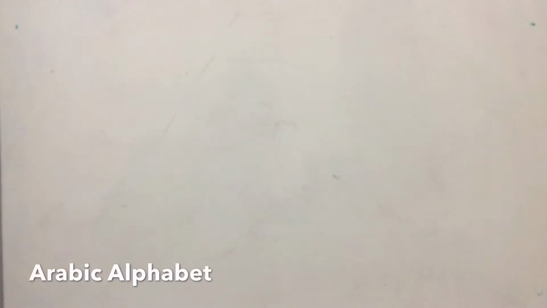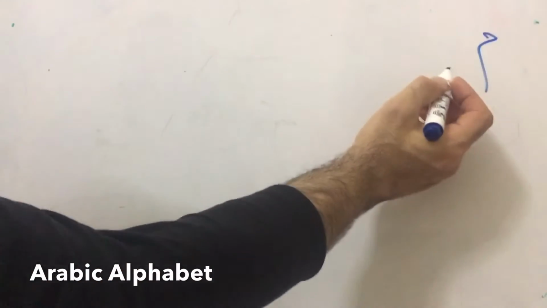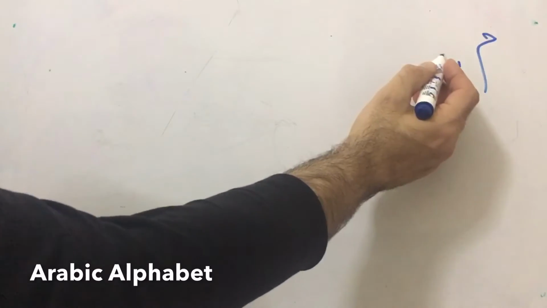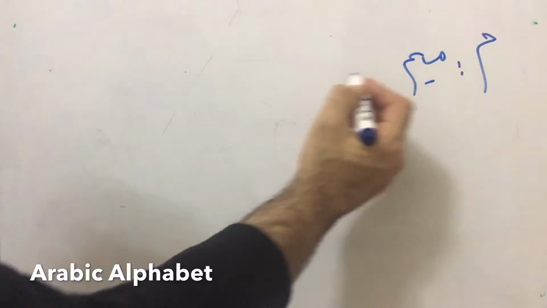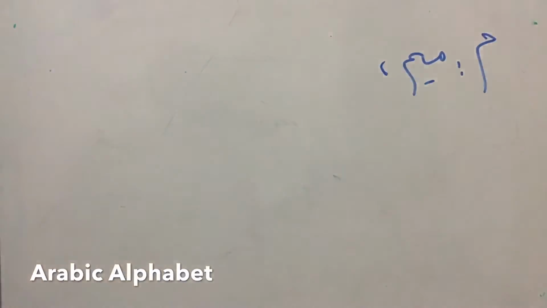So far we had 23 letters of the Arabic alphabet. Today we are going to finish with the last 5 letters. First we have Mim. Mim, when it comes at the beginning of the word,